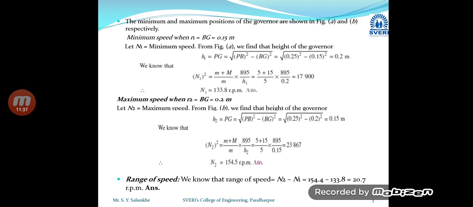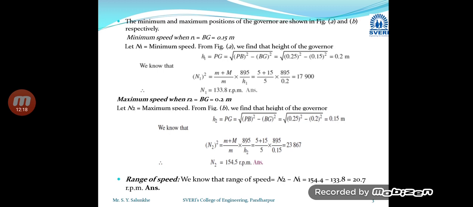So N2 will become 154.5 rpm. This will be the maximum speed at which the governor can rotate, above which it is not possible for that governor to lift the sleeve. The engine may rotate, but the sleeve will not get displaced, because this is the limit for this governor, which has the given specifications: arm length 250 millimeter, then 5 kg mass, and central mass of 15 kg. All these specifications are given for this governor, and for that governor this will be the speed